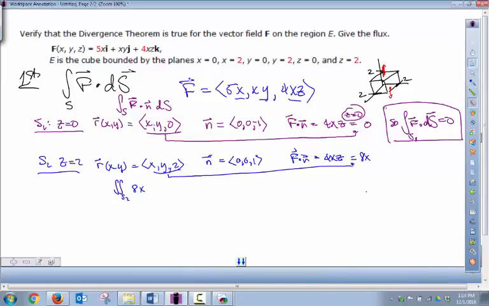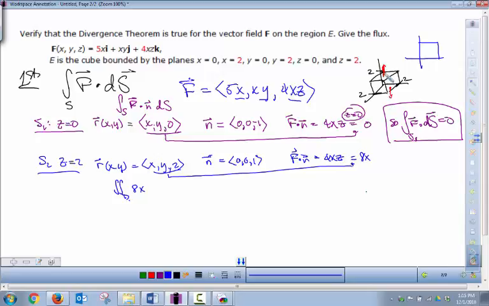Surface integral. We didn't talk about the domain, but regardless of which function we're dealing with or which surface we're dealing with, the domain is going to be constants from 0 to 2. So depending if this is an xy or a yz or an xz surface, it's always going to be 0 to 2. So that's the nice thing about the cube. So our integral is going to be